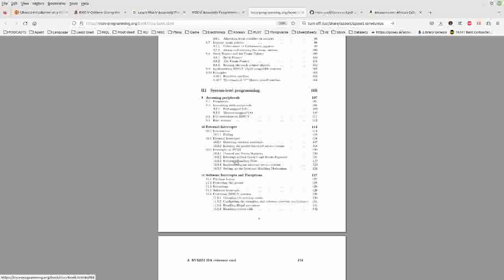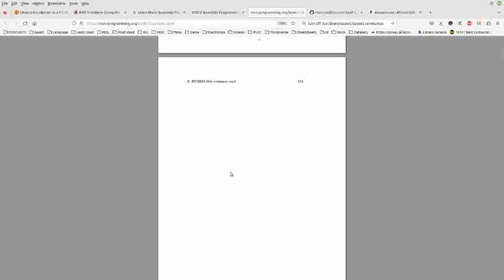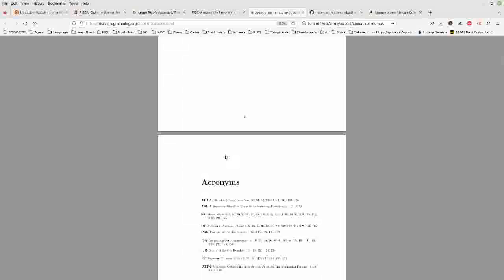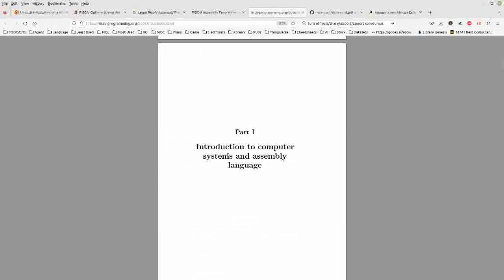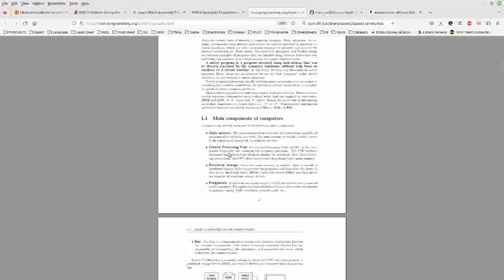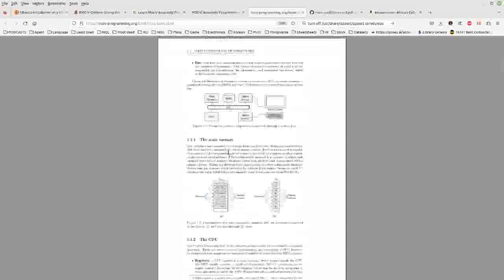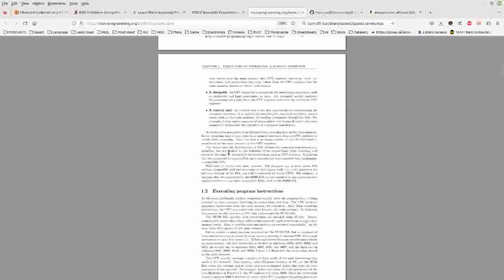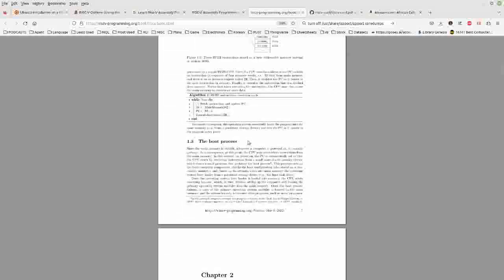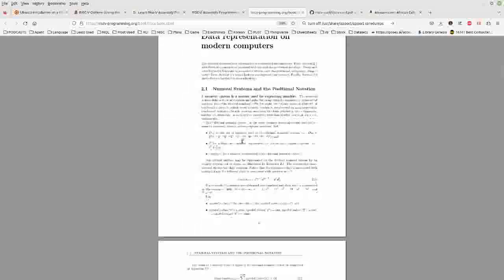If you need a PDF copy, contact these people, and they'll either help you out or hopefully speed up the process and get that. If you're okay with HTML and reading this way, then it's fine. It's difficult to use as a reference in an HTML page like this, but it's a really well-written book, and it goes through some of the stuff you probably don't need if you've done assembly language before, about